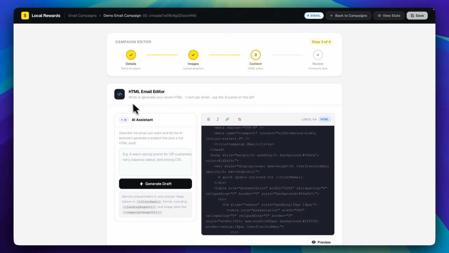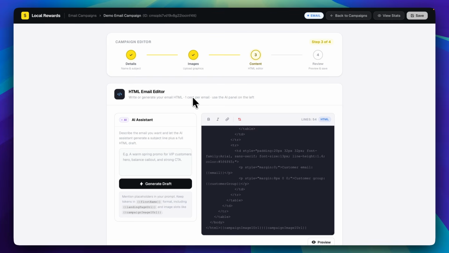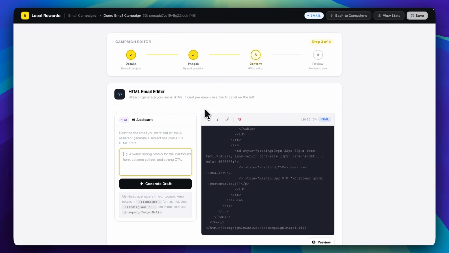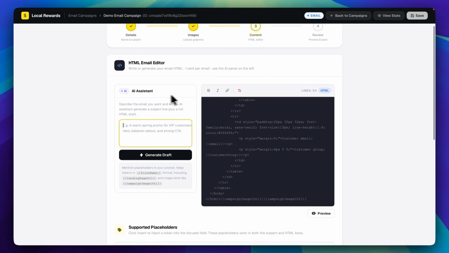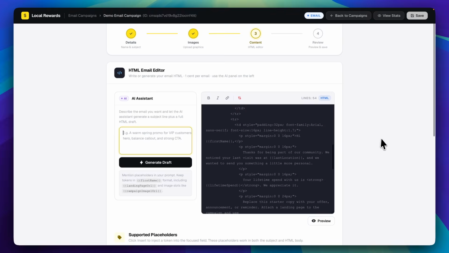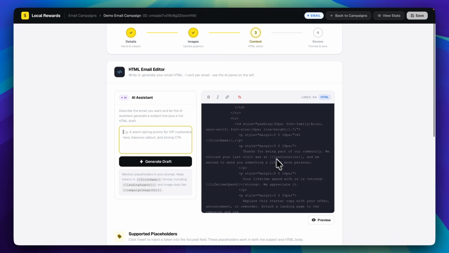the HTML editor. Now we reach Step 3, Content, which brings us to the HTML email editor. This is where you compose and style the actual body of your broadcast. On the left side, you'll find the AI assistant. On the right is the main code editor, where you can write, tweak, or paste your custom